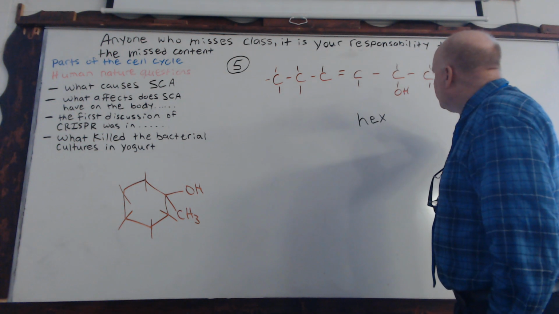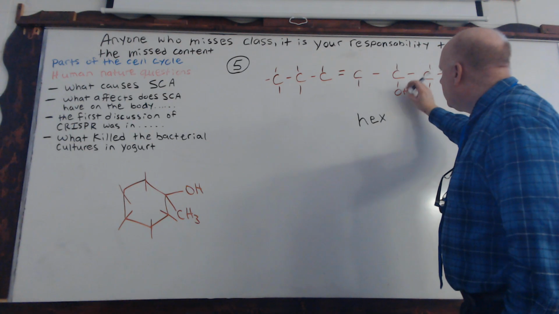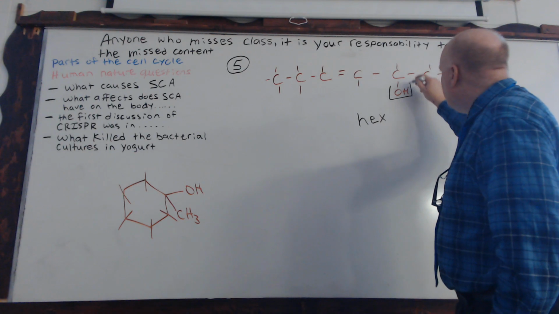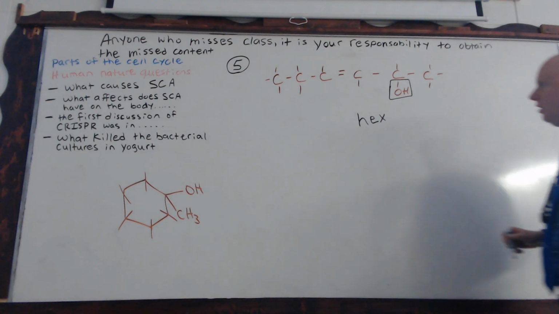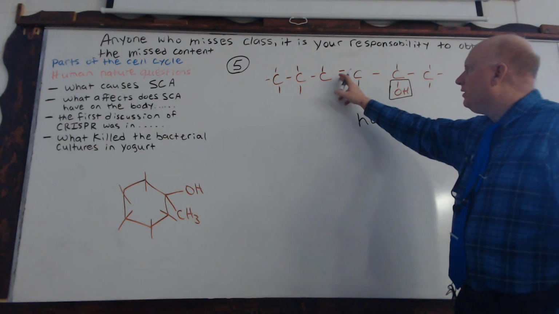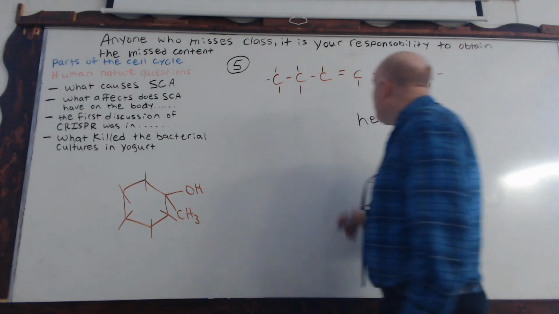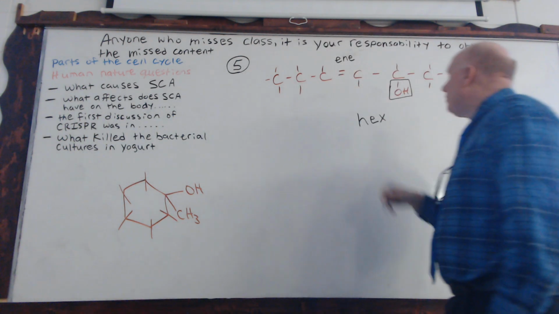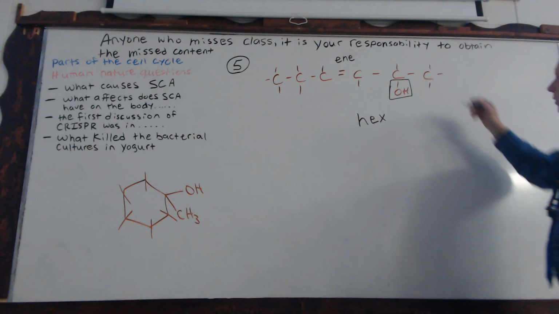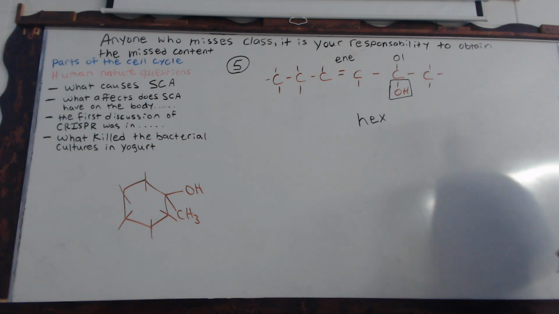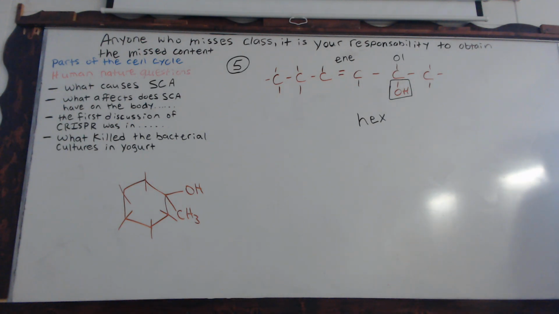And this would take priority, not because we're in the alcohol chapter, but because alcohols, or hydroxy groups, would take priority over a double bond here. So at some point we know we're going to have "ene" on here, because that's what a double bond illustrates. And then we know we're going to have this somewhere as well, because we're denoting an alcohol. Okay, so now that we have our parent chain established,